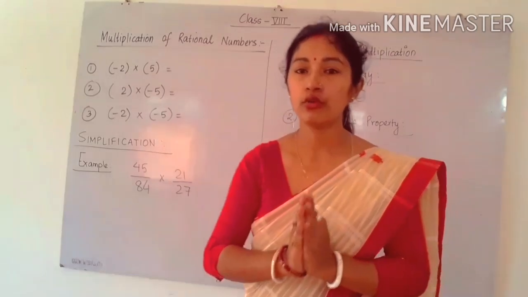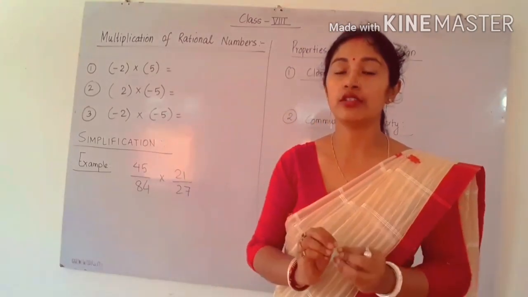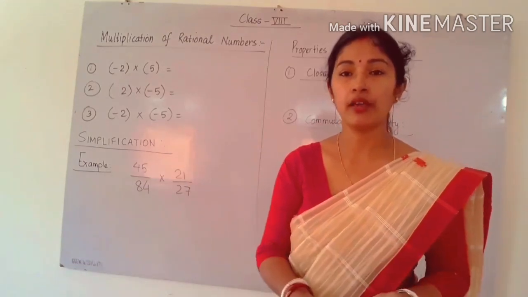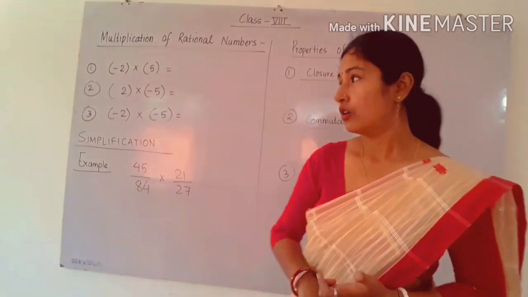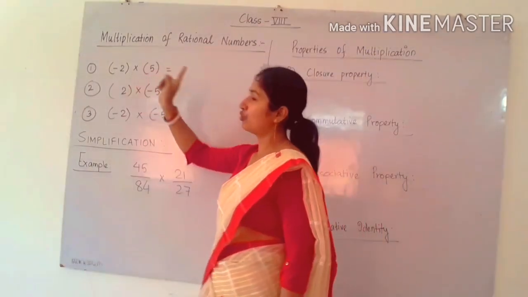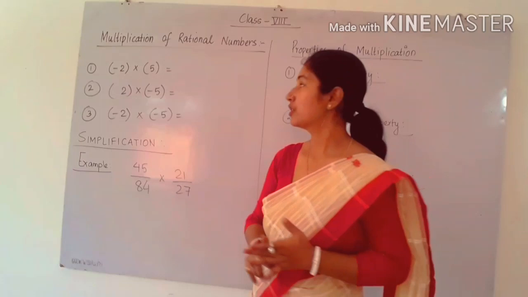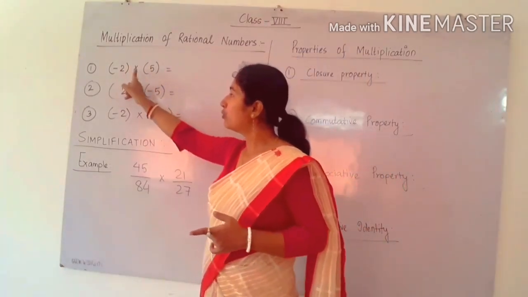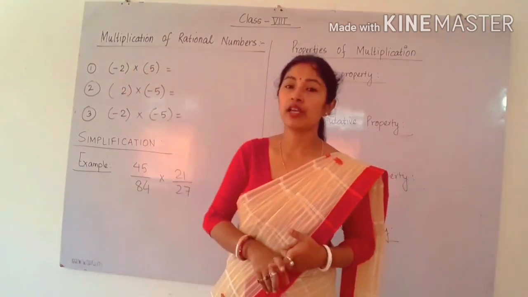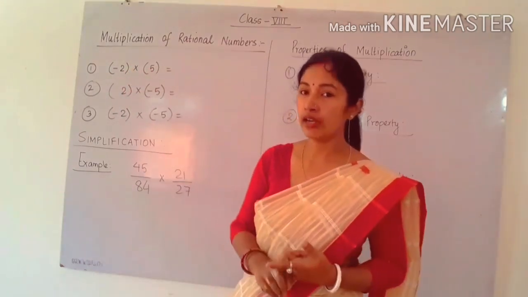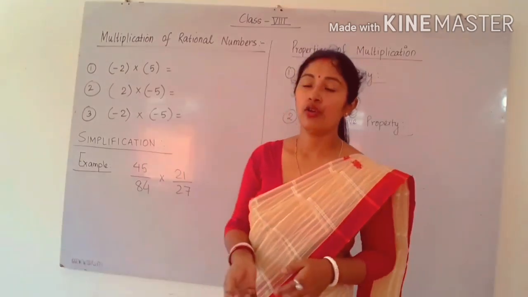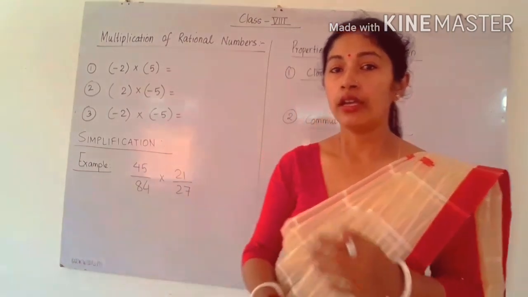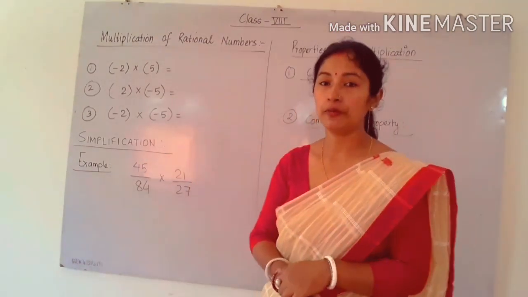First of all, you have to see the operation between the two integers. Between the two integers, multiplication is present. That means you have to multiply. So here I have taken 2 and 5. Don't see the symbol first. Just see the operation between the two numbers. So between the two numbers we have multiplication, so you have to multiply the two numbers. 2 into 5 will be 10. Next you have to put the symbol. So here only one negative symbol is present, that means in the answer you have to put the negative symbol.